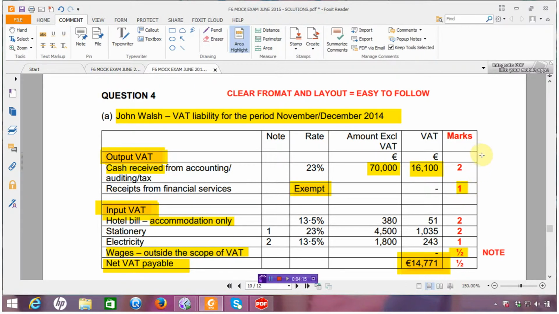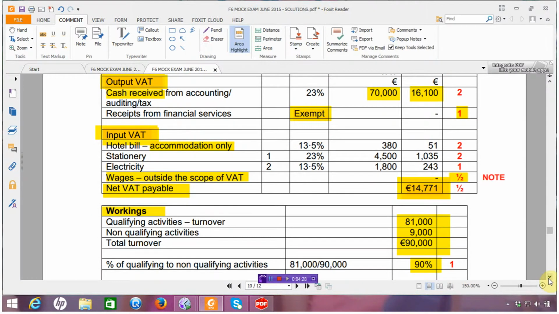So that really takes care of the sales side. We're simply talking about VAT on the amount of cash in. We're going to exclude exempts, but we're going to make a note that we have done that and get that extra mark. In terms of the input VAT, one key trick here, and hopefully you remember it for next time, is just this